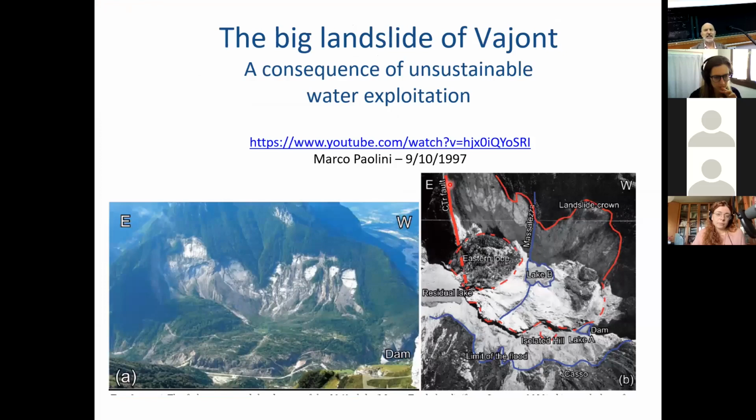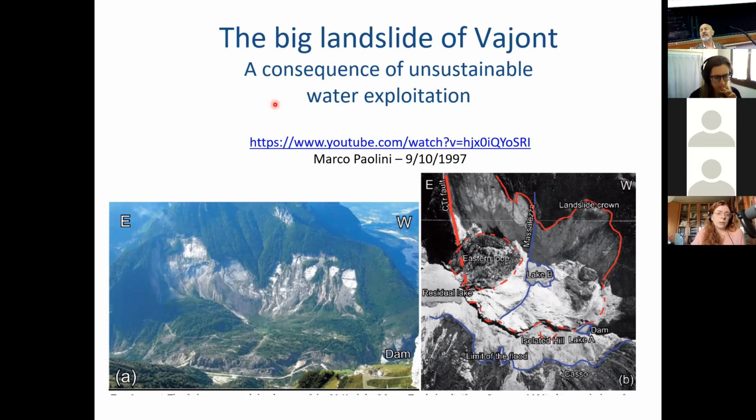The last slides of this first part of the lesson are devoted to another example of a process that we can consider as an example of impact of global change: the big landslide of Vajont. I think that perhaps many of you know this big event that happened in